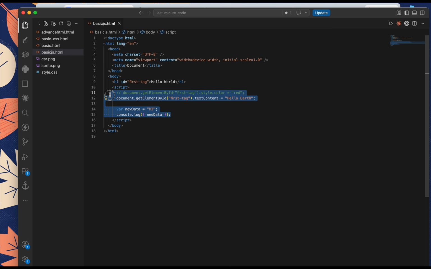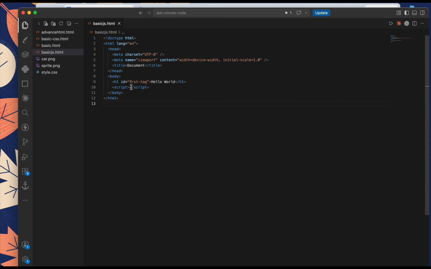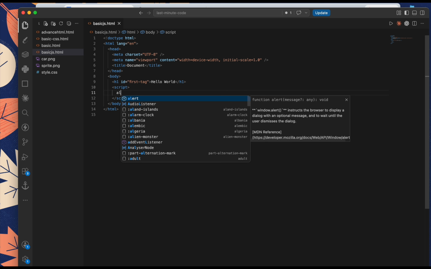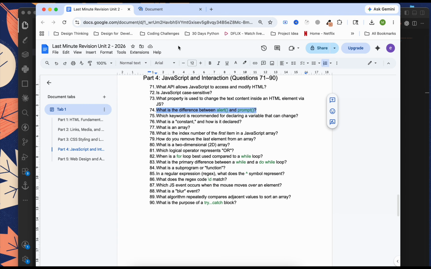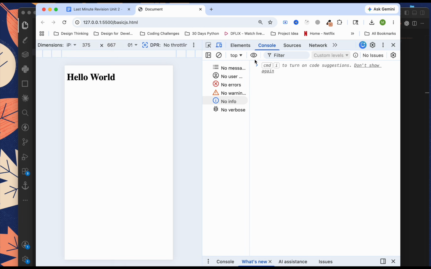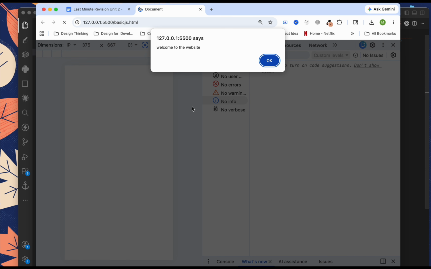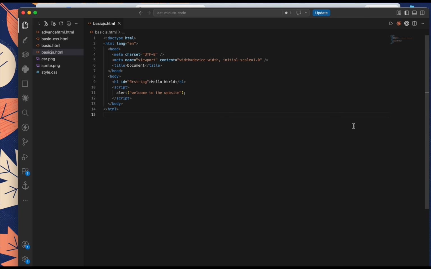If I remove everything from here, then I will add an alert, and we can add "welcome to the website". When I save it, you can see "welcome to the website", right? So a pop-up came up. Now we will see another example, a prompt. I already mentioned that it can take